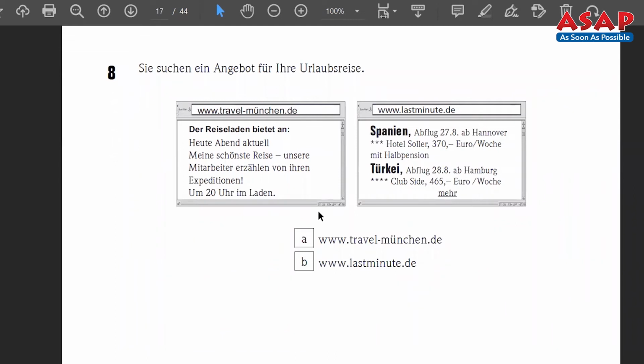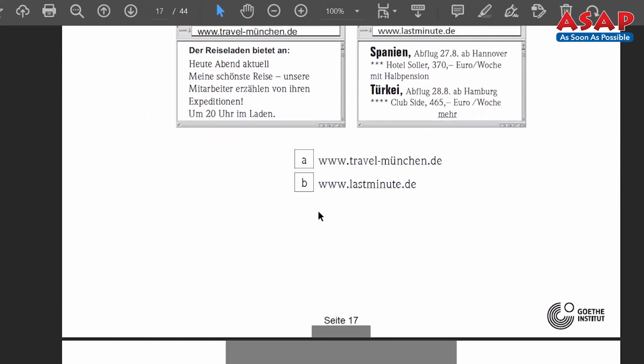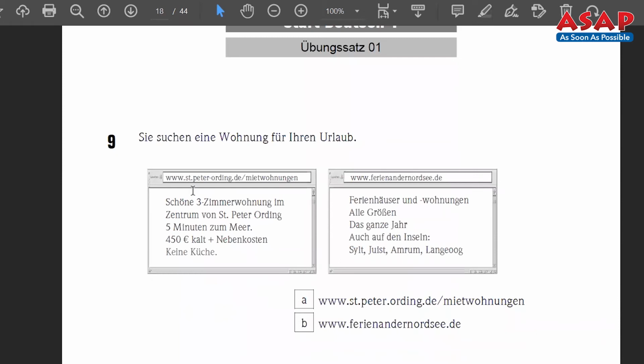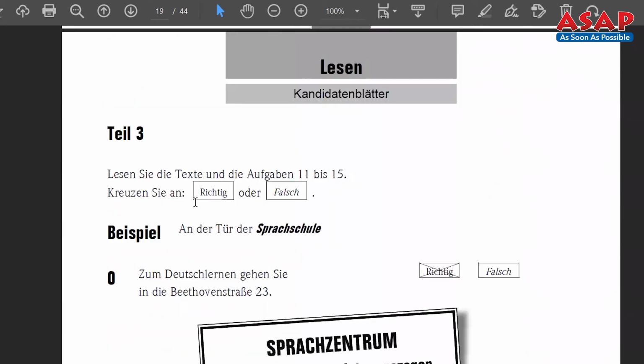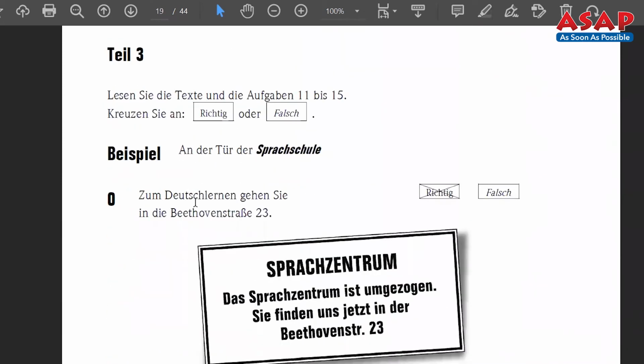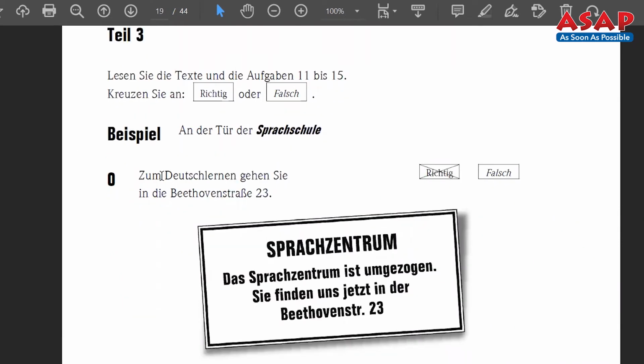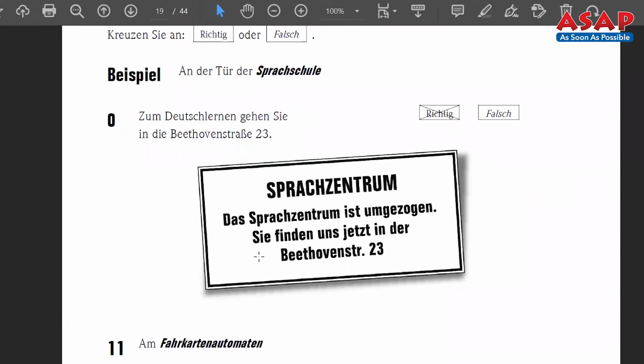Without learning, there is no trick that can give you all the answers correct. Then after 10 questions, there will be again some different type of question, and this is again amazing. I really liked it. So you have to do something, and with the given information, you need to understand